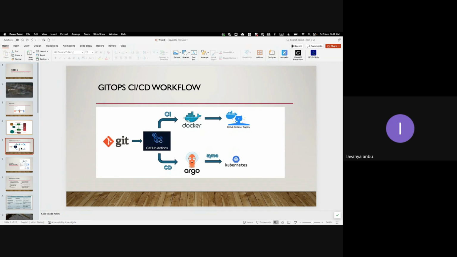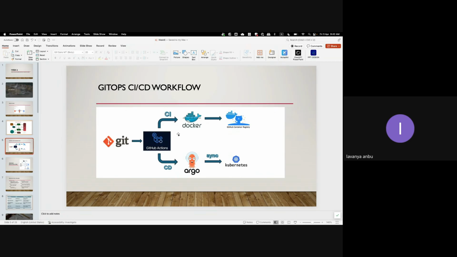Okay, so let's move forward. Imagine where GitOps will fit into the picture in the CI/CD world. It is not going to touch any of your CI. CI is still going to run as usual. We are just cutting down the CD part, and then you don't need to configure anything in the CI/CD